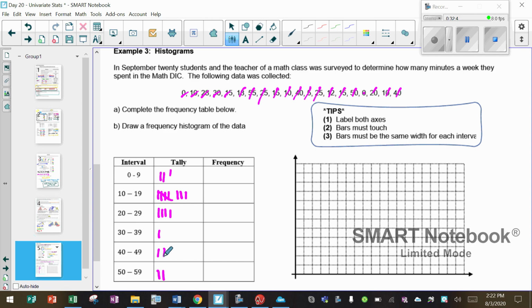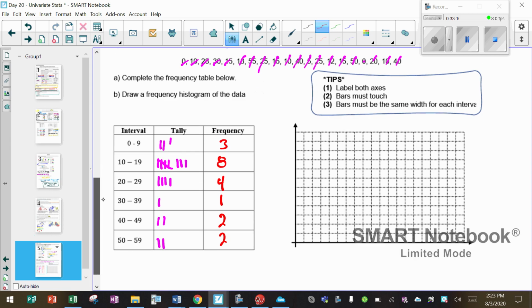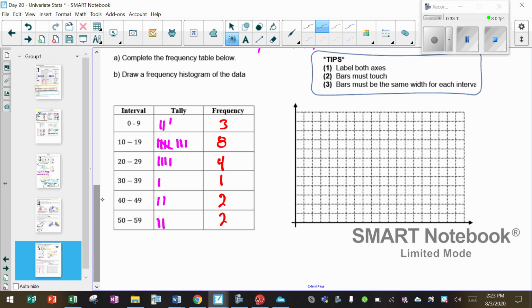Now, it's said that we have 20 students. I want to make sure that I have 20 tally marks. 1, 2, 3, 4, 5, 6, 7, 8, 9, 10, 11, 12, 13, 14, 15, 16, 17, 18, 19, 20 tally marks. Good. So now let's total up our tally marks. We have 3 in the range from 0 to 9, 8 in the range from 10 to 19, 4 in the range from 20 to 29, and then 1, 2, 2 for the others. All right, so we have 6 intervals